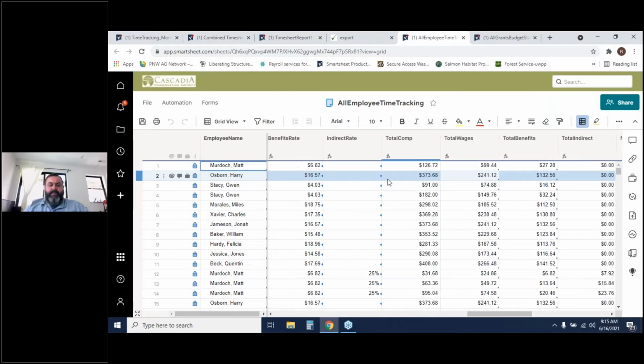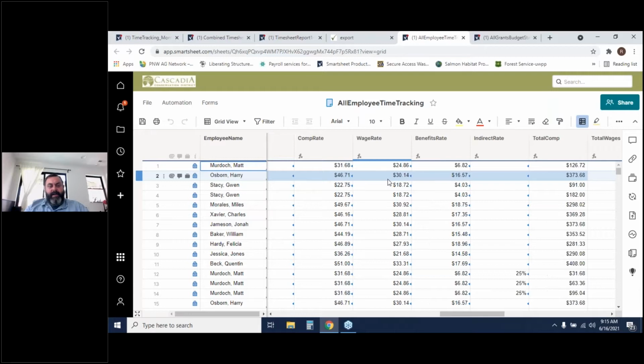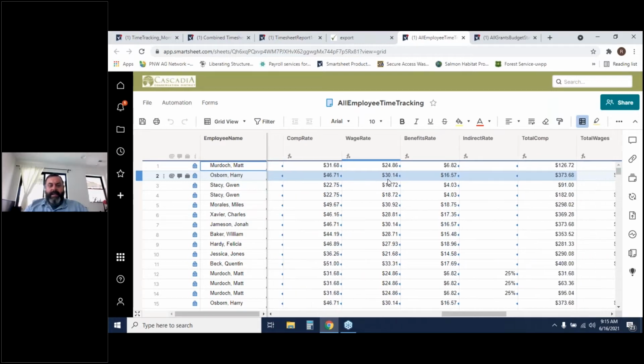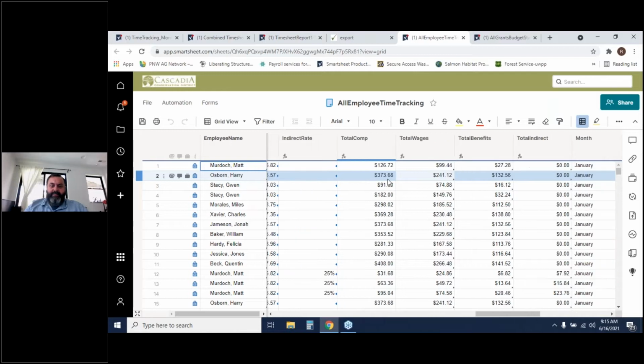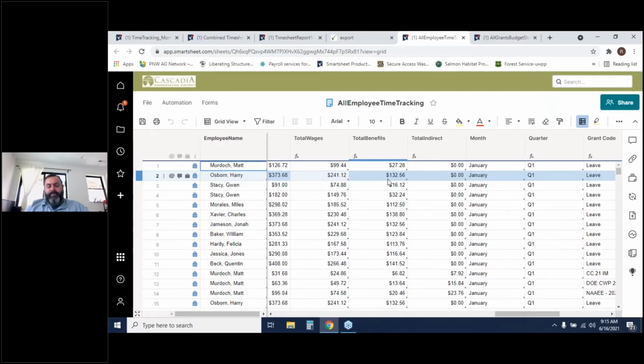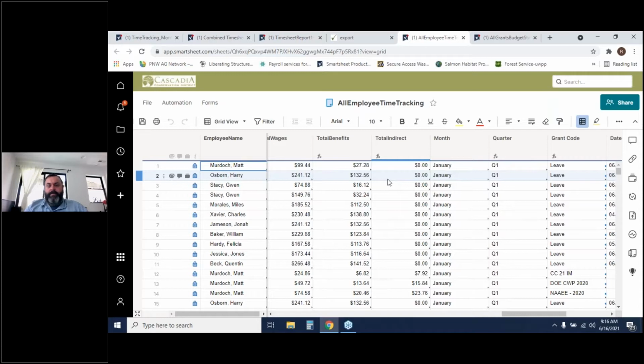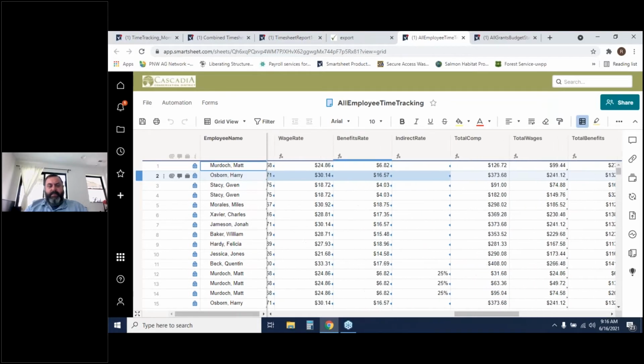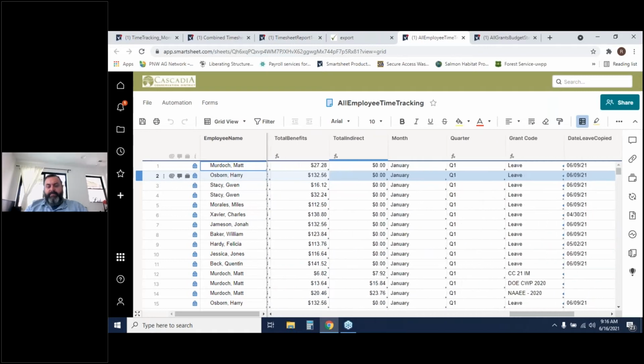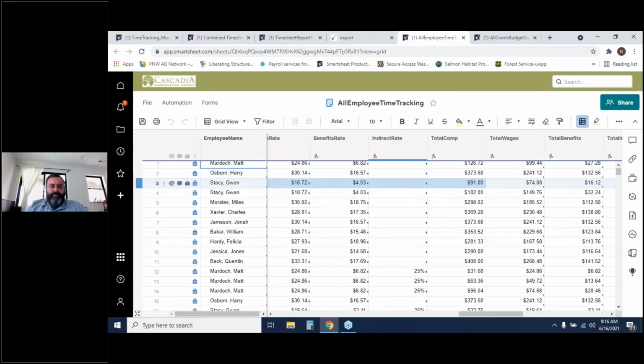There are some rate tables in the background that look up their comp rate and the indirect for the grant, and put it in there and start doing all the math on hours, so we can get an ongoing total of the expenses for each funding source on a per day basis. A benefit of this is you can also pull reports off of this single sheet, so you can pull up a report that says how many hours for this specific funding source did you spend during this month, or even, I have it set up so it actually has